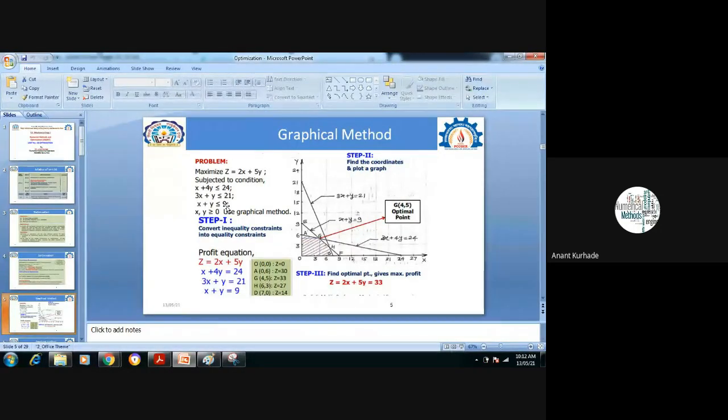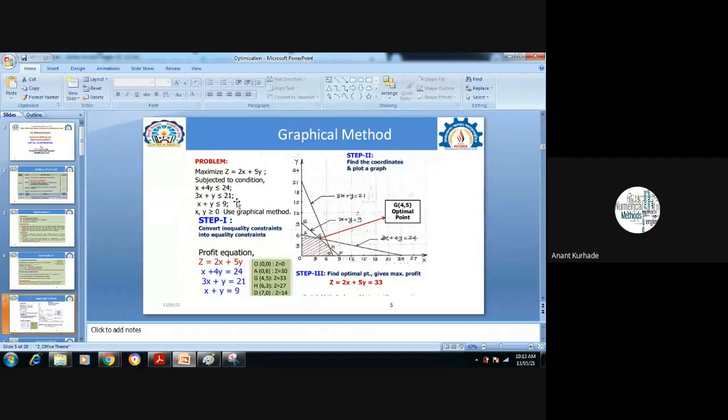On the basis of that, if you have three constraints, then you have to draw three straight lines, whether inclined, vertical or horizontal. Once you draw those lines, you have to check where the feasible region will lie. It depends upon the inequality sign. If it is less than, then you can draw the feasible region below or above, tell me. Anyone please reply. If the constraint's inequality sign is less than or equal to, then where can you draw the feasible region?